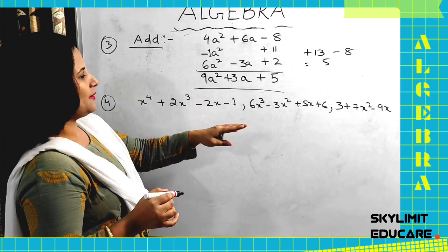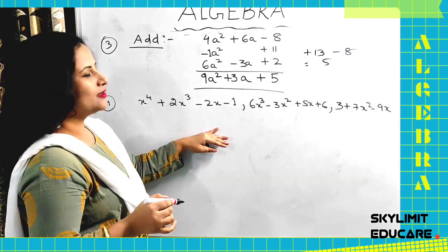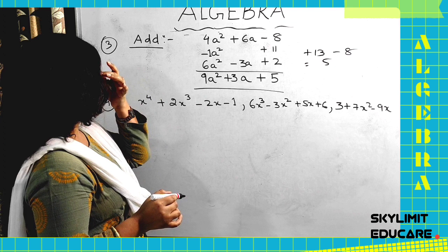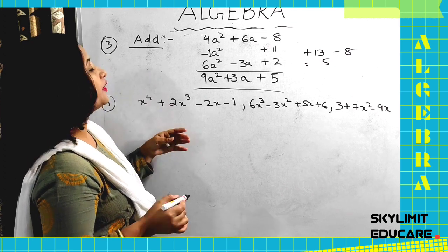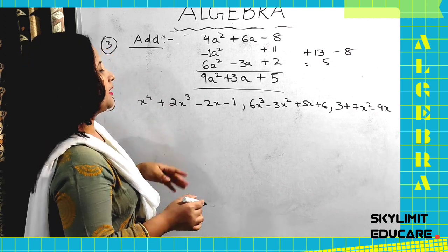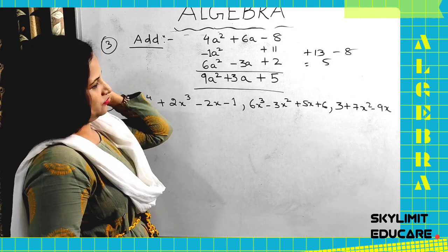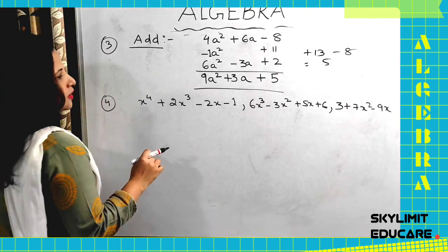Now one bigger number I am having here on addition. It's also add. So how to go for it? Okay. So we will not be adding it column wise. If you want, you can add it column wise as well. You can add it in a linear manner also without writing in column.